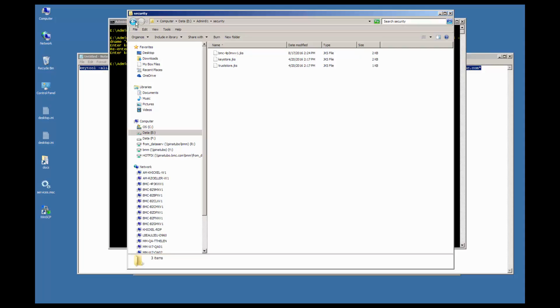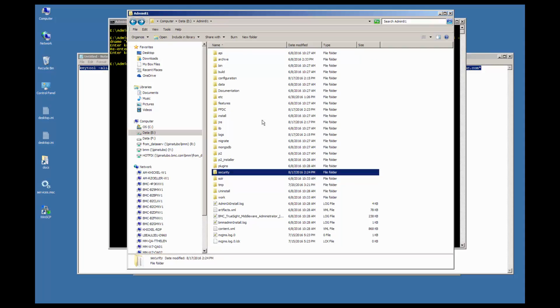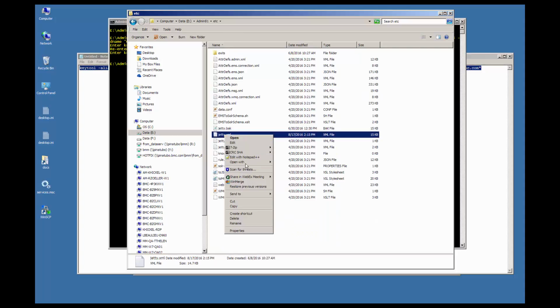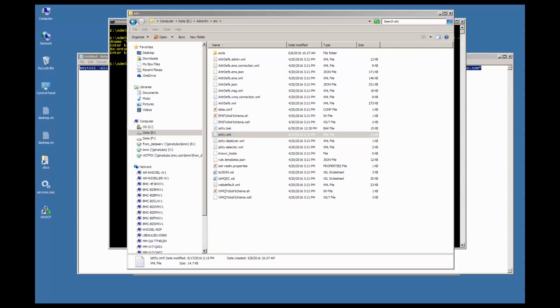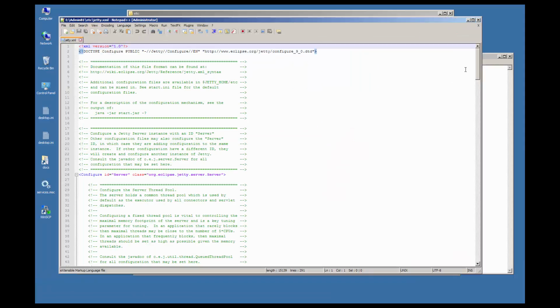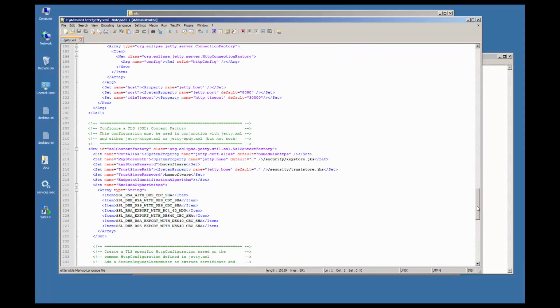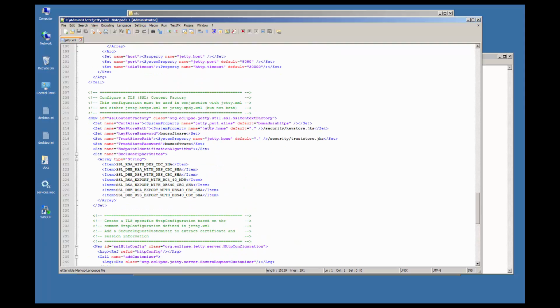Now we've created the key store. Now we need to tell admin to use it. So we have to go to the etc directory, then go to the jetty.xml. We're going to edit that file. We're going to scroll down about three-quarters of the way. You'll see here's the certificate alias. So we need to change that. We named ours